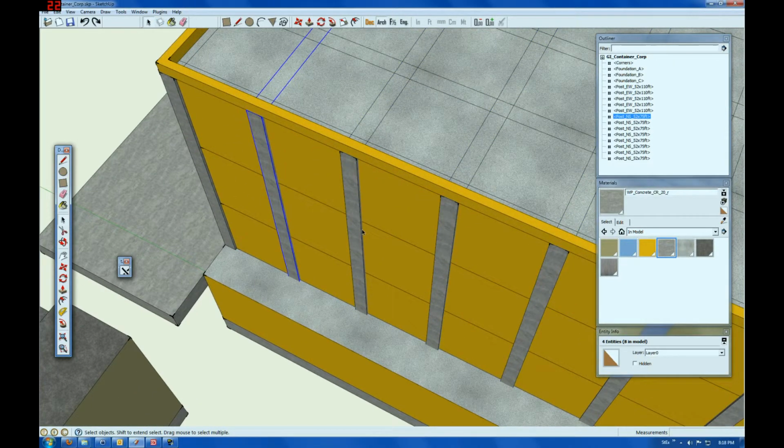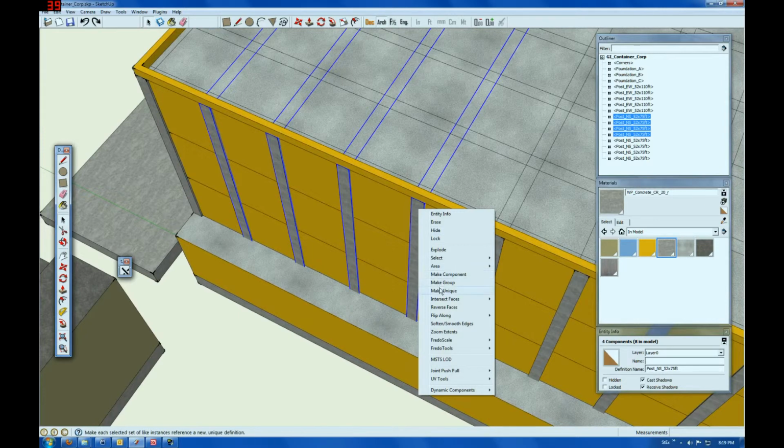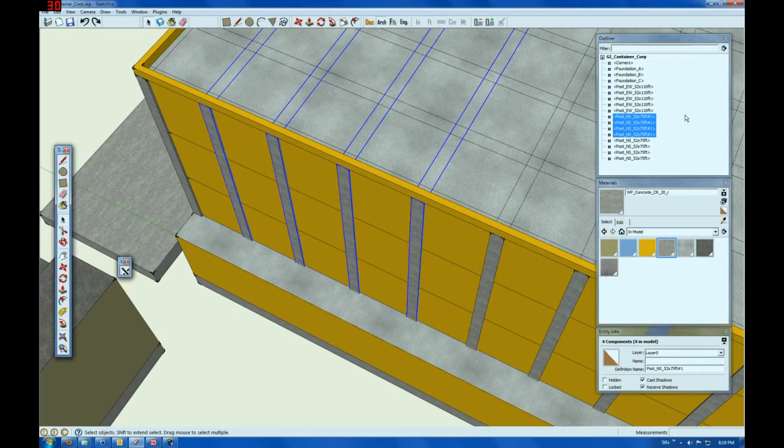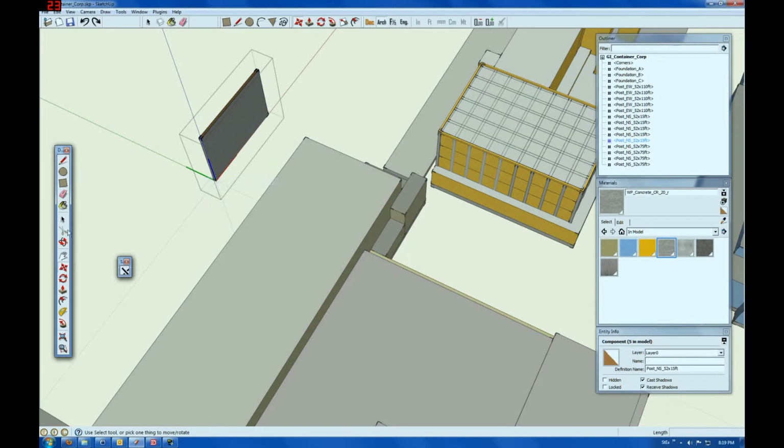Let me get down here and do this again. That one, that one, that one, and that one. And I want to say make unique, and that gives these instances a different name. You can see over here in the list they've got this #1 appended to it. And what I'm going to do is, it's not going to be 52 by 75. I'm going to make it 52 by, say, 15 feet, because I don't need all that stuff that's in there. And so now I'm just going to take a copy of this guy, bring it out here, edit it,